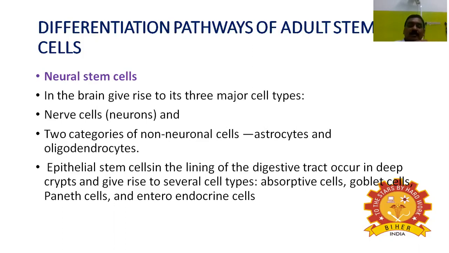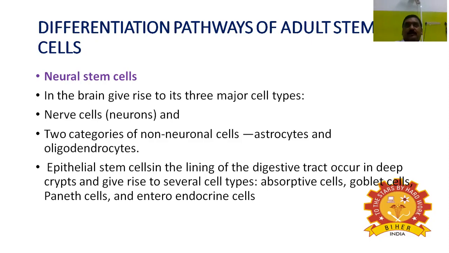In the brain, they can give rise to three major cell types. Number one, the nervous cells, or neurons. And the second category, the non-neuronal cell types such as astrocytes and